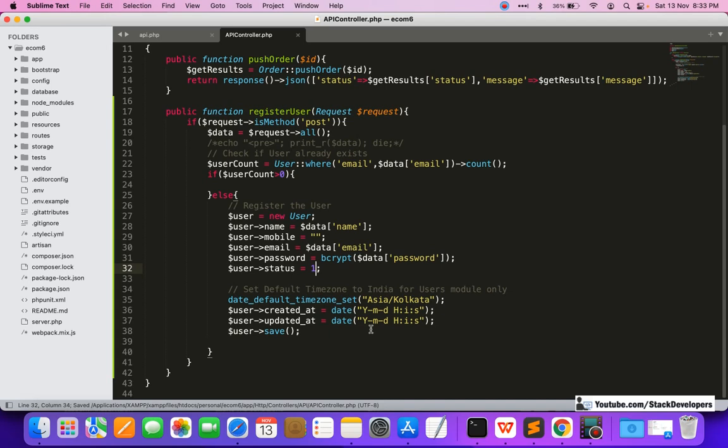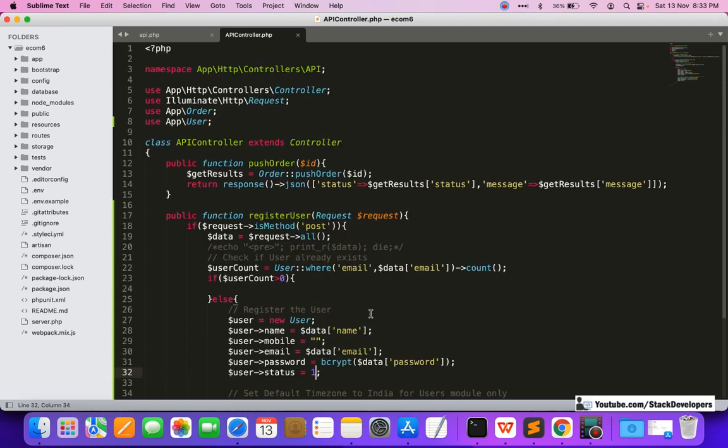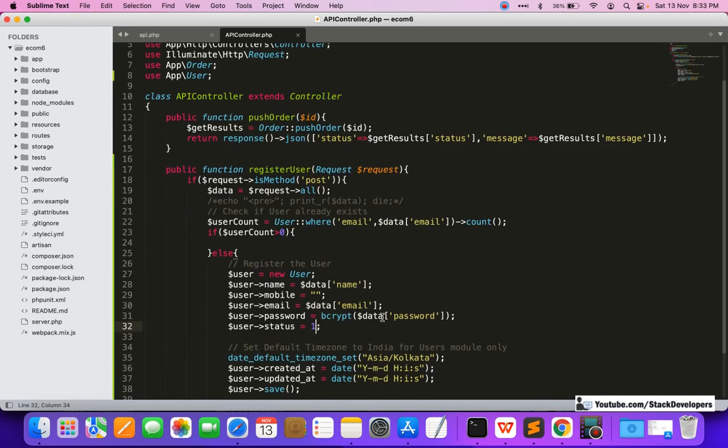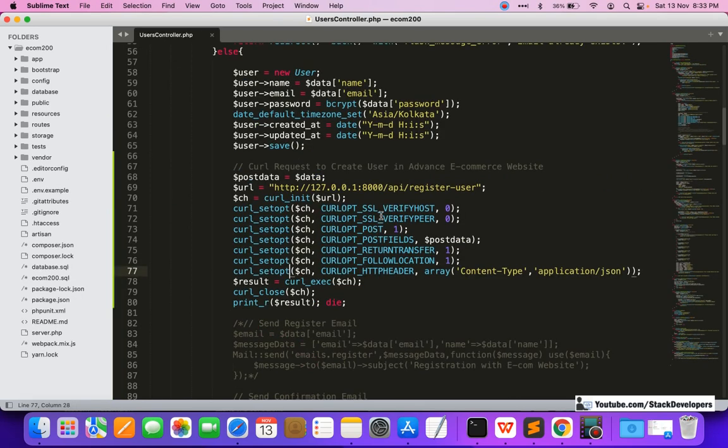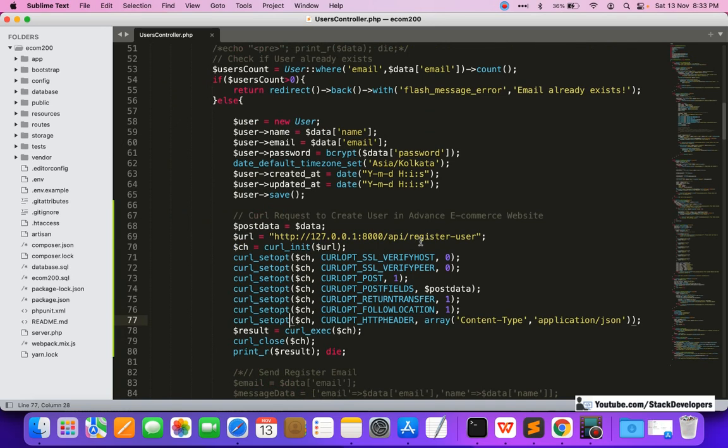And any other issue, if we find it, everything else seems to be fine. Register init dollar post data. Okay, but here